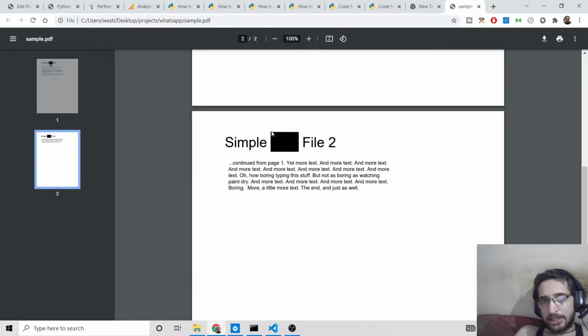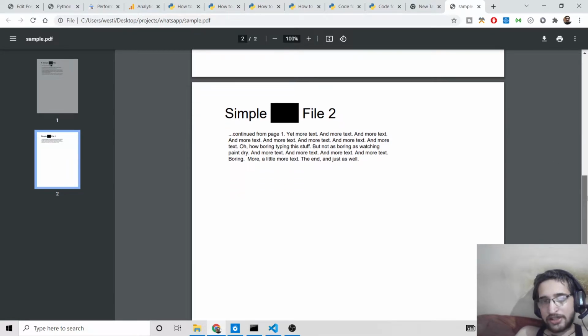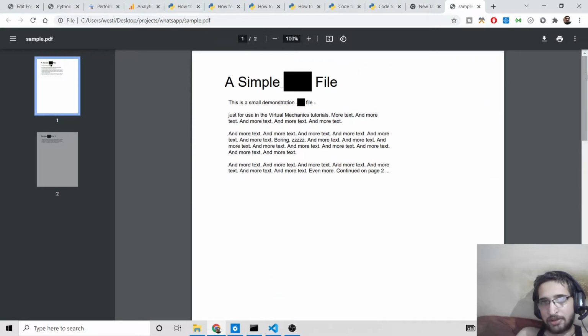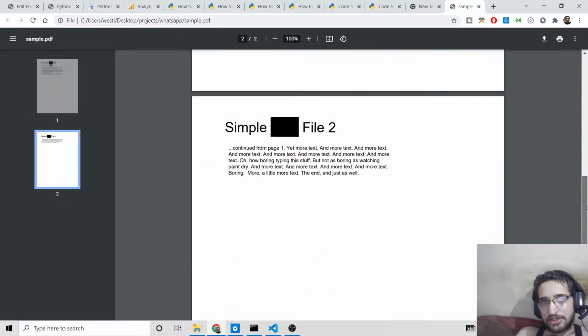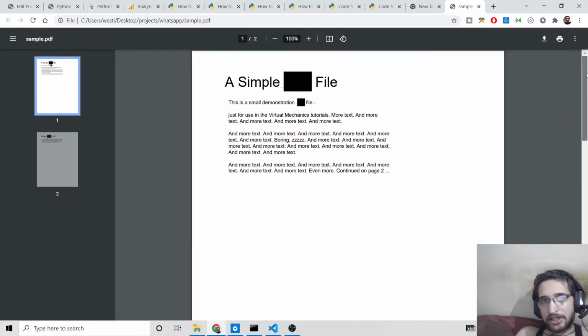You can see multiple occurrences of the text. You can just search for it, provide it inside the application, and it will automatically hide that text for you. This is a live demo here. You can see the black background color is there, so you cannot see this text. This is very useful in many kinds of applications.